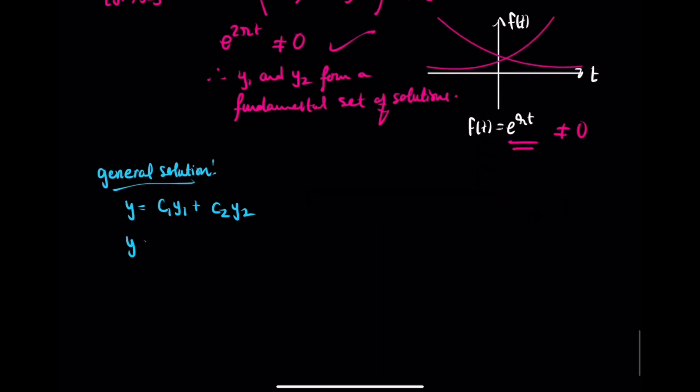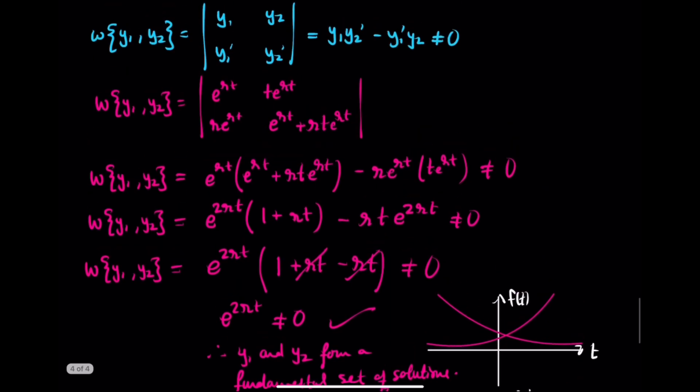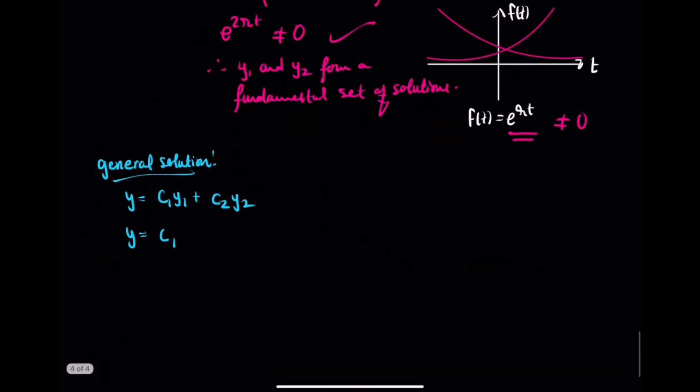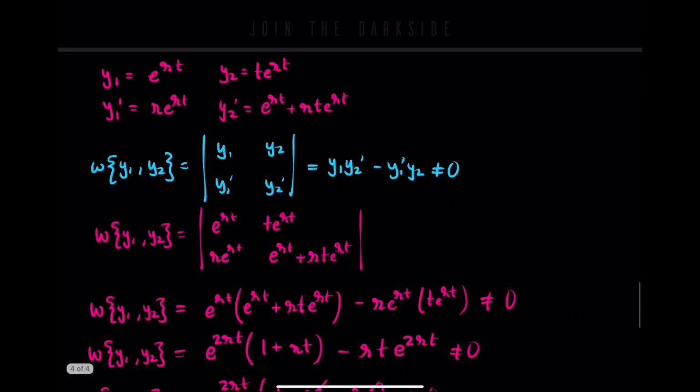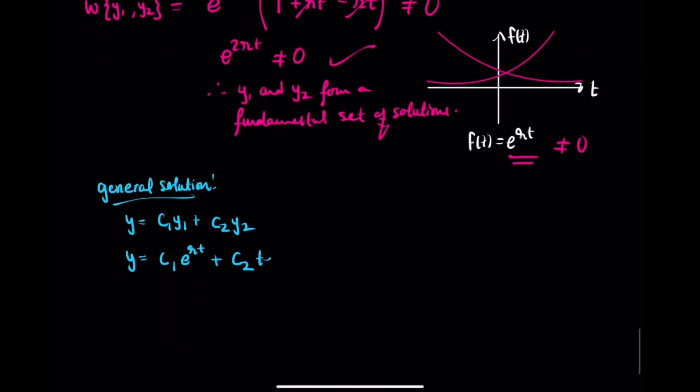So therefore y equals c1 y1, and y1 is e to the rt, plus c2 y2, and y2 is t e to the rt, like so. And so that is your general solution for case B, when you have b squared minus 4ac equal to 0. Okay, and then